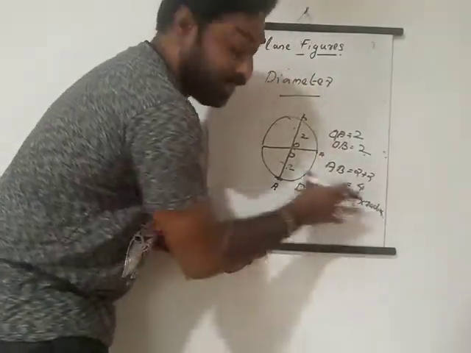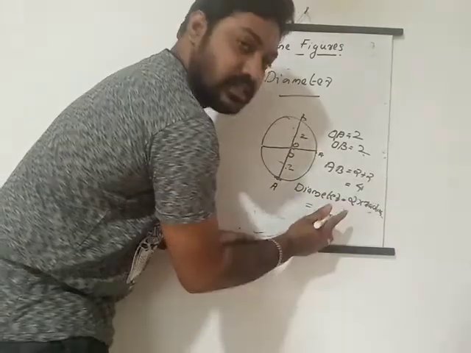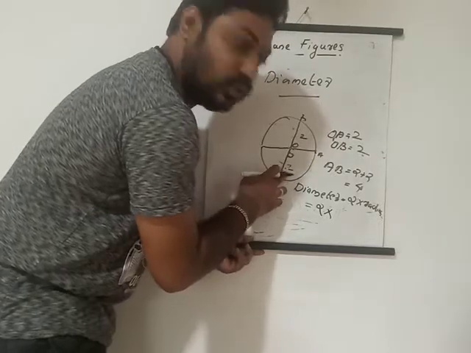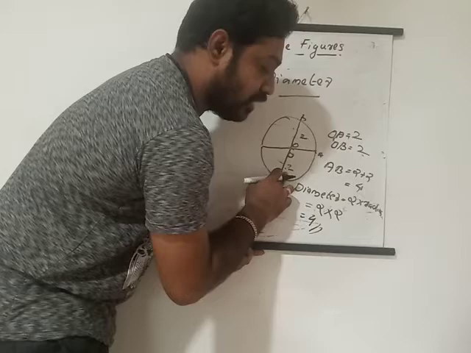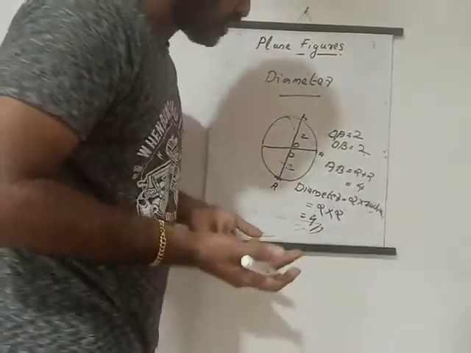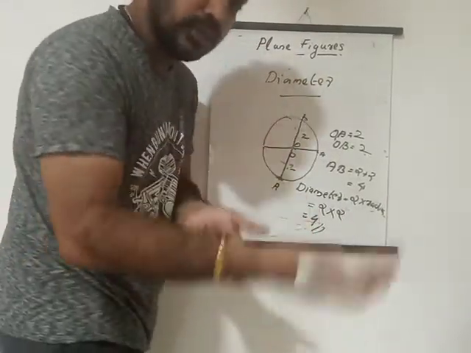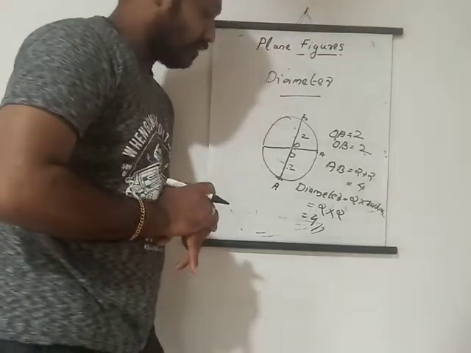What we got? Diameter, how can we say? Here in this question, how can we find the diameter? Diameter is equal to 2 into radius. So 2 into, what is the radius here? 2 into 2, isn't it? Same value I got, 4. Here the radius is 2 centimeters. So 2 times 2 is what? 4 centimeters. So double the radius is what? Double the radius means 2 into radius. Understand? Double the radius is the diameter. You got that?